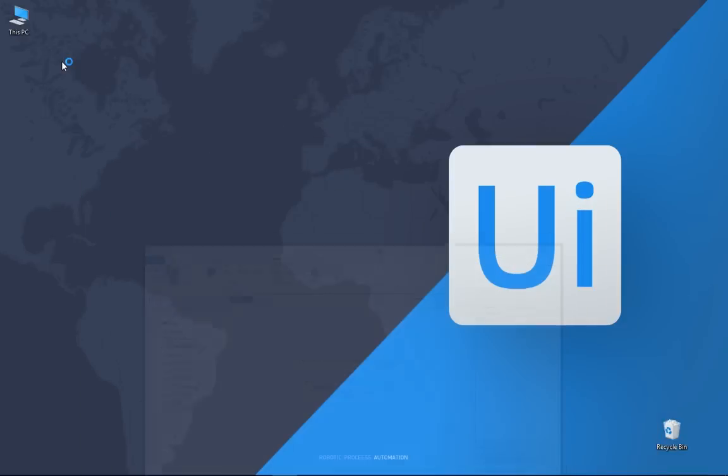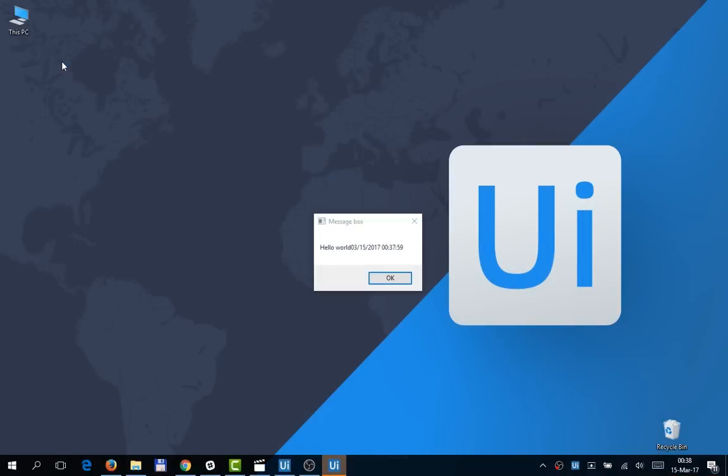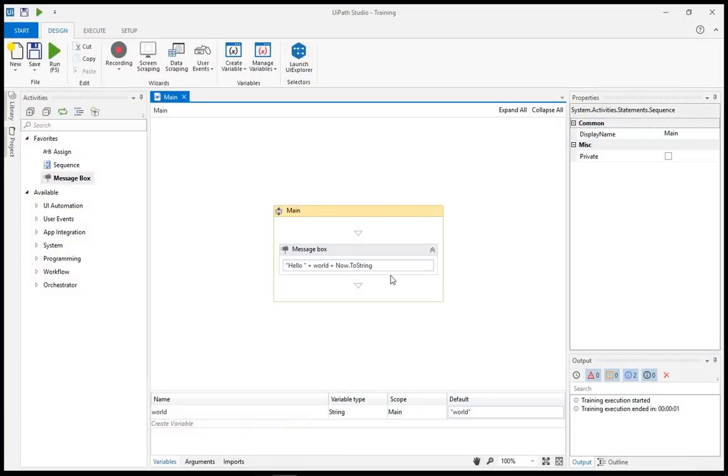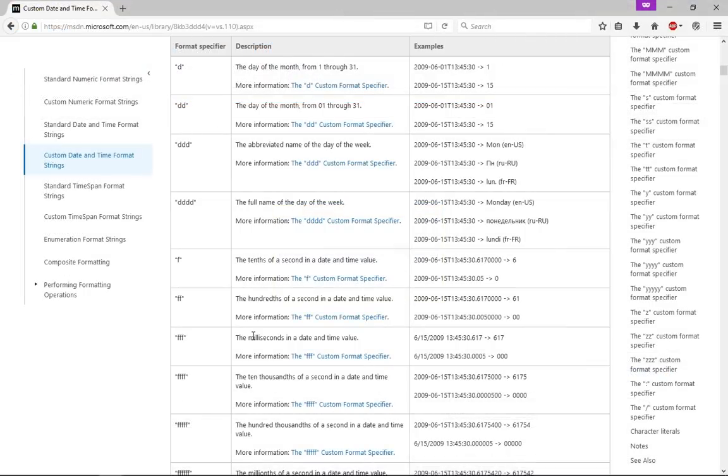Let's run this. And there it is. As you can see, the date is displayed according to the regional settings on our operating system. If we want it to be in a different format, we must specify it as argument to the conversion. Now, there are many options and combinations available, most of them using one or more of these tokens as listed